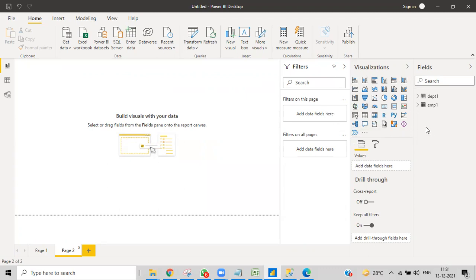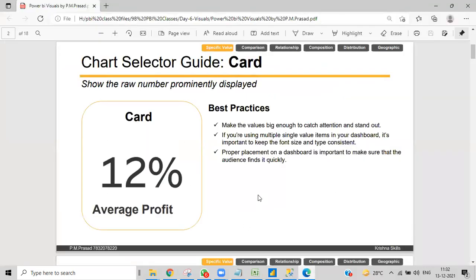Not all the visuals are compulsory to use, but these are the most commonly used ones, like the top 20 or top 30, 35 visuals. In that manner they made it and gave it to us. Apart from that, we'll use them one by one and learn how we can do that.